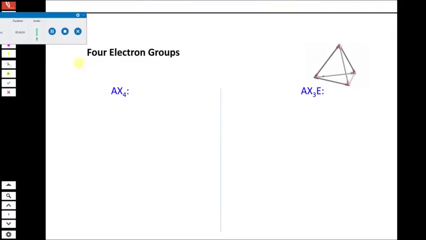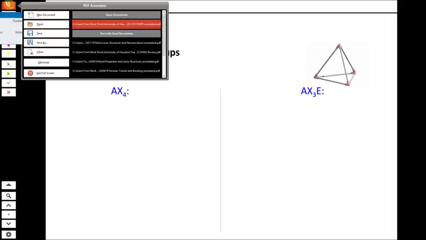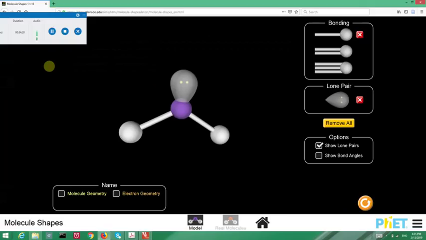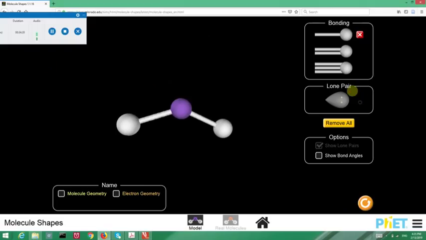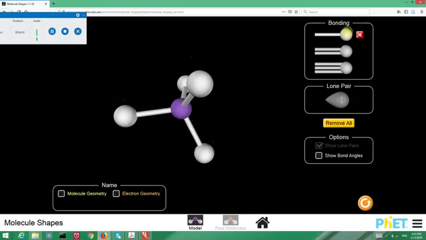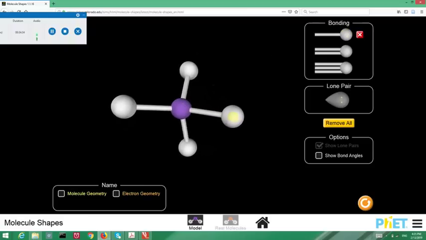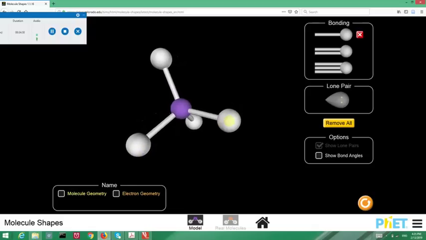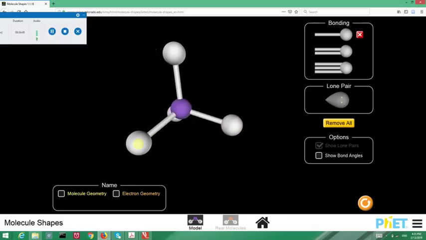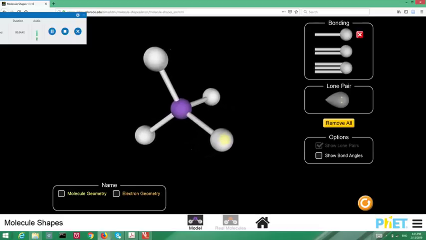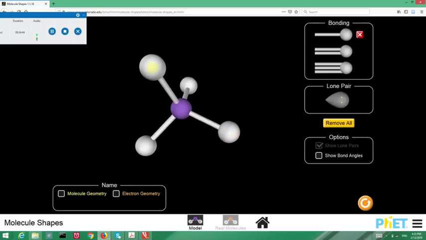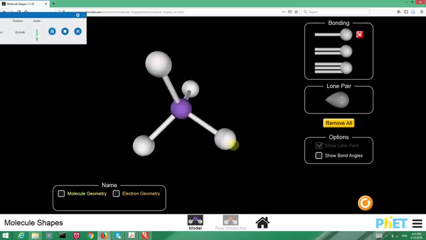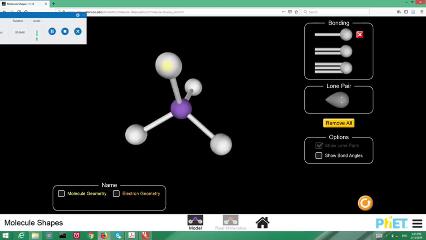So with 4 electron groups, let's see what we do. And this is the first time we have to think about things 3-dimensionally, so it's a little bit more difficult in this case. So we're going to put a total of 4 on there. All right, and you can kind of see what this looks like as I rotate it around. One way to think about this shape, I'll tell you what it's called in a second, but one way to think about it is that it's